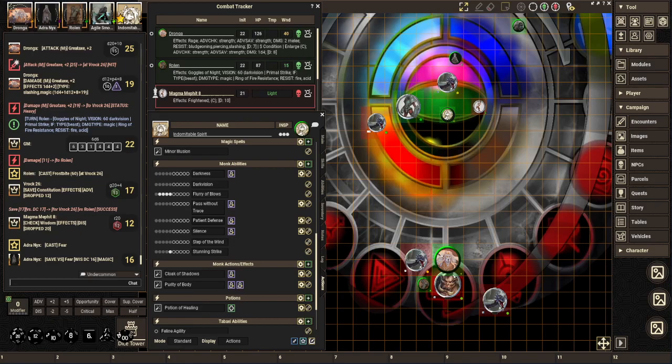Nyx is very scary when they want to be. Damn, I should use fear more often. This is a great spell. This is like the... Right? So this Vrock